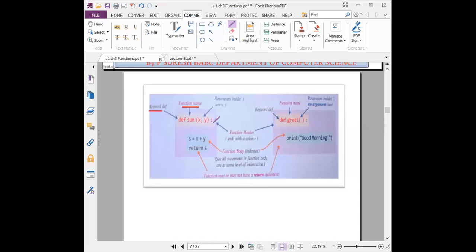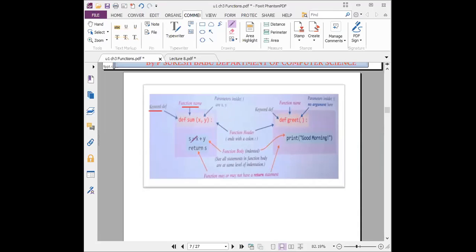Then these are the values for accepting the values from the calling function. These values are called parameters. Actually, this is a formal parameter. By position, these parameters are called formal parameters or formal arguments. See another example: the same keyword, the function name, but inside there are no parameters present. This is another way of processing.